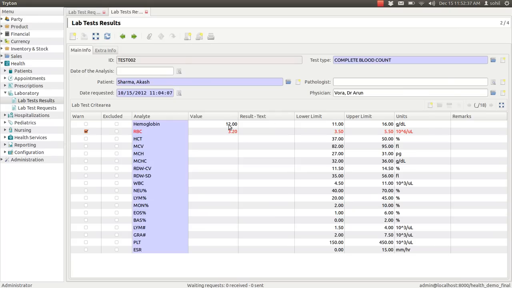If the actual value is not between those two values, it will be shown as a red field, otherwise it will be a black field. So you can easily understand that the result of this test is positive or negative.